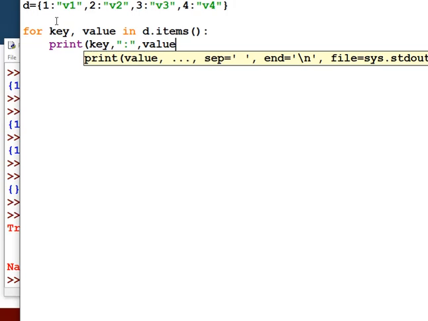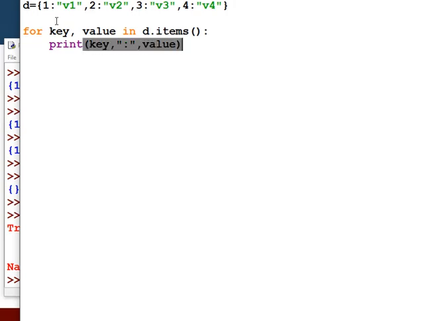You can format it another way also. I have formatted it in this way to display the key and the value in a line.